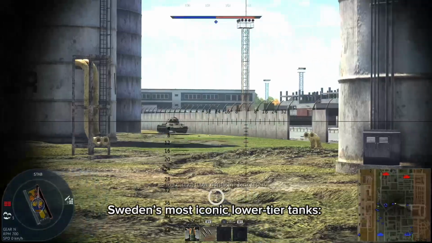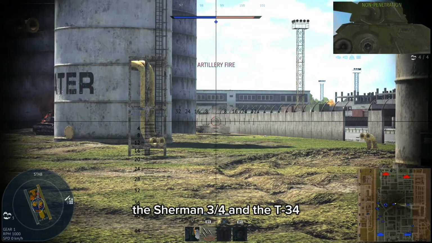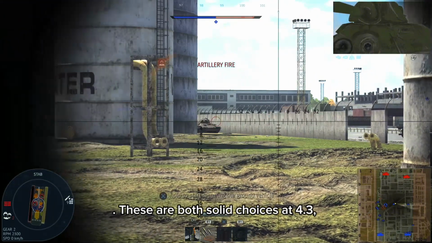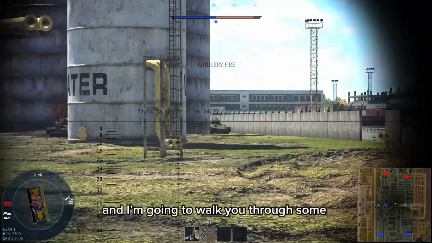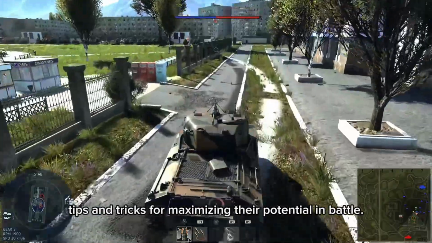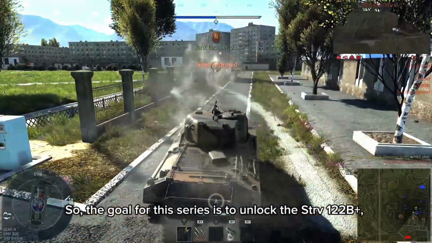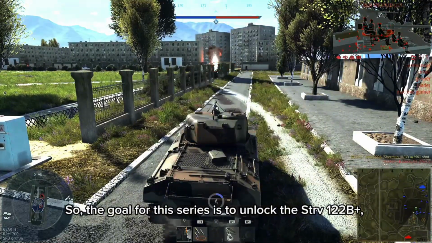two of Sweden's most iconic lower-tier tanks, the Sherman 3/4 and the T-34. These are both solid choices at 4.3, and I'm going to walk you through some tips and tricks for maximizing their potential in battle. So, the goal for this series is to unlock the Strv 122B+, which is a high